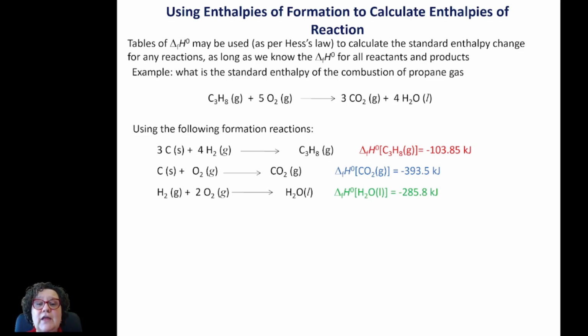So if we have the enthalpies of formation of all those chemicals, the propane, the oxygen, the CO2, and the water, then we can calculate the enthalpy for this reaction